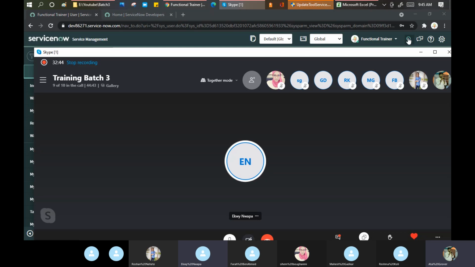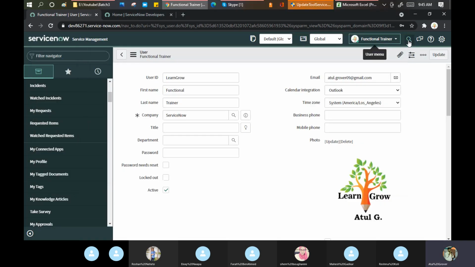So this is a homework for you guys to identify which search mechanism, which search algorithm is used in ServiceNow in this particular global search option. Okay, someone can put this question into the chat window so that everybody can go and find out the answer.